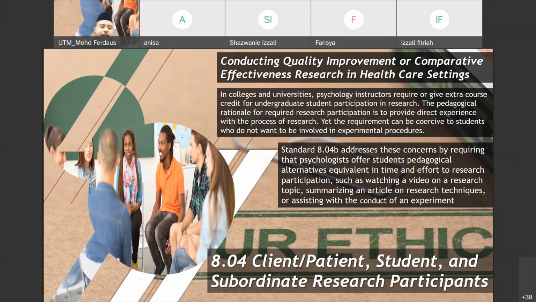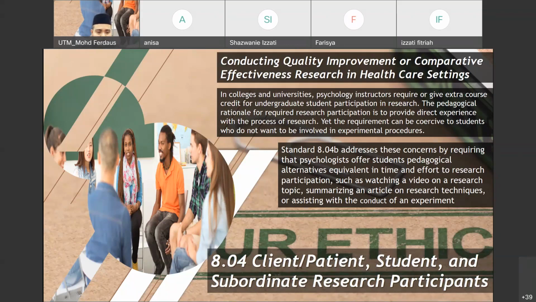Okay, so basically, say for example, I want you to join my experiment, and then you don't want to join. The requirement for students who want the extra mark is to follow the experiment. So the alternative assignment must be similar to the original assignment of participating in my experiment. So I have to give an assignment about reviewing an article of research of an experiment, or an article using the experiment method, or reviewing theory or techniques or methods of the experimental method.